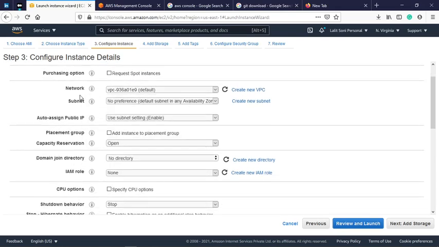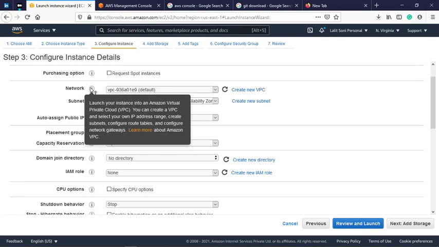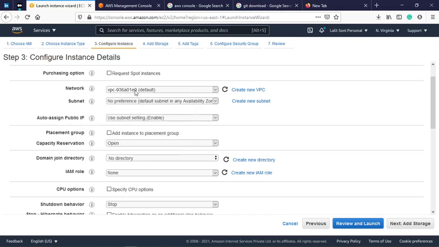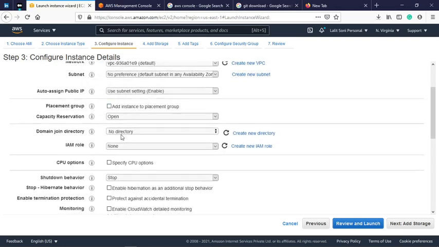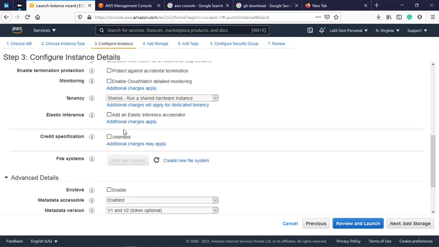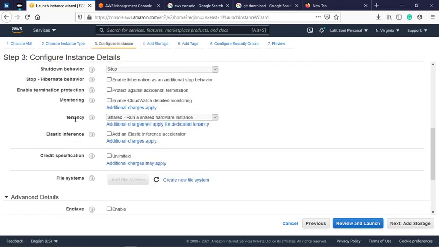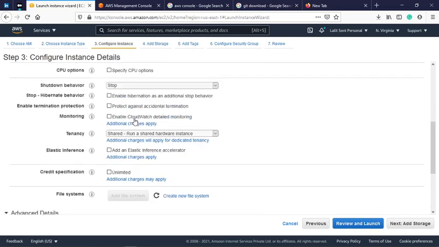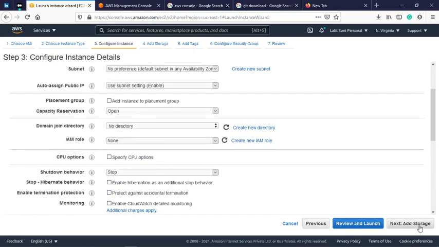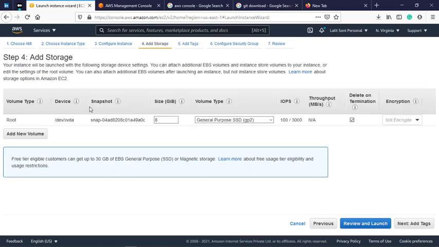These are different options related to the network, like if you want to launch this instance on a particular network, such as your private network, and which subnet you want to select. We are not discussing all these options right now, because the main focus of this video is just to launch the EC2 instance and connect to it using our Windows operating system. So this is add storage.